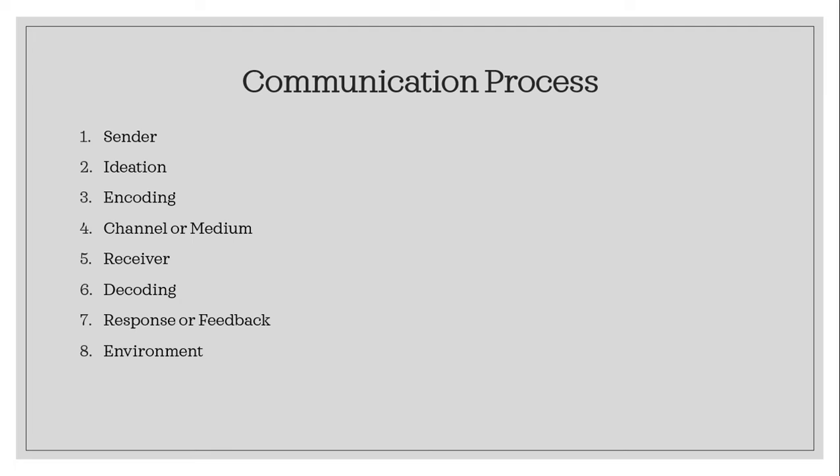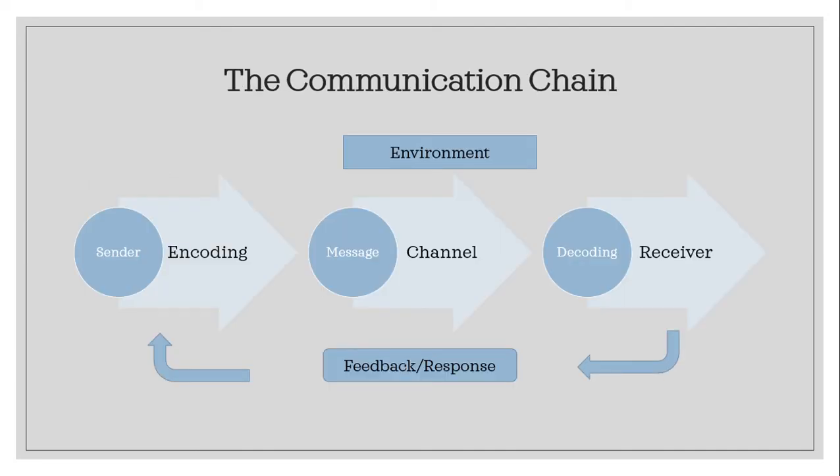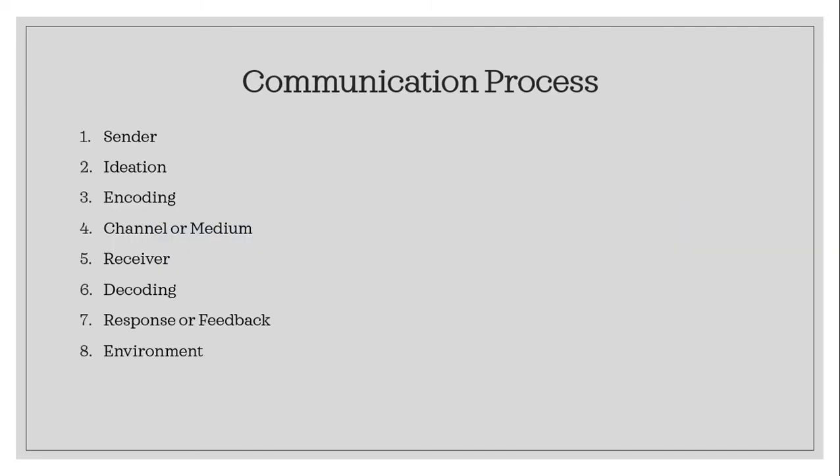We left one element or one phase, that is environment. How important is environment in the communication process? The environment of communication, which includes the surroundings, also plays an important role in communication. Every communication requires a particular environment for it to happen effectively. For example, a classroom is required for lectures to happen in an educational institute. Lectures that take place in a classroom are more effective than lectures that take place in an open place.